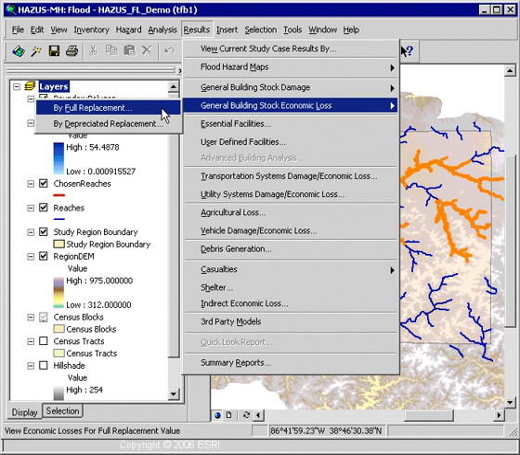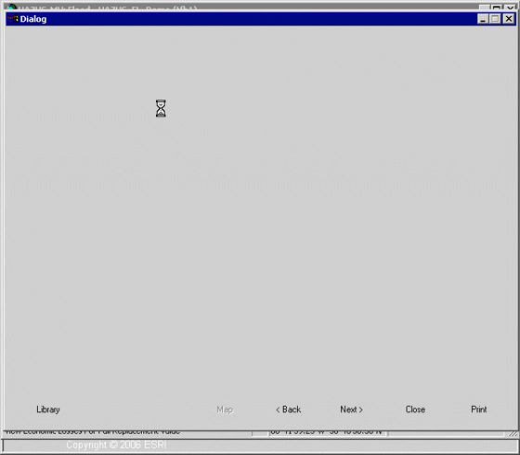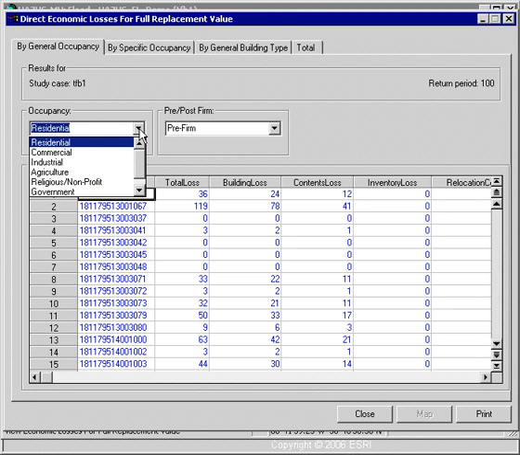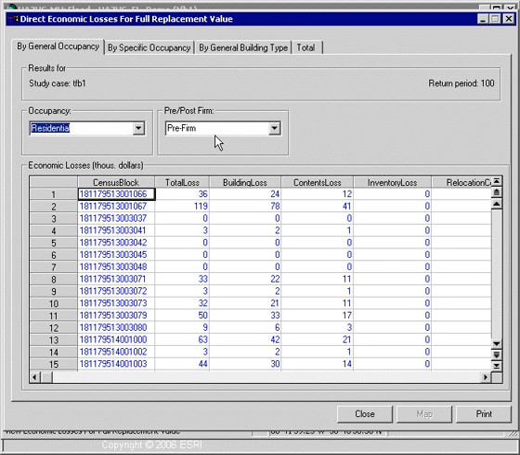If we click on the Buy Full Replacement option, we can see again the range of information that HAZUS provides, once again organized into an easily navigable format. And if we click again on our General Occupancy tab, we're able to easily see that we have those major occupancy categories as we did in the hurricane model. We're also able to look at what we term pre versus post firm information,